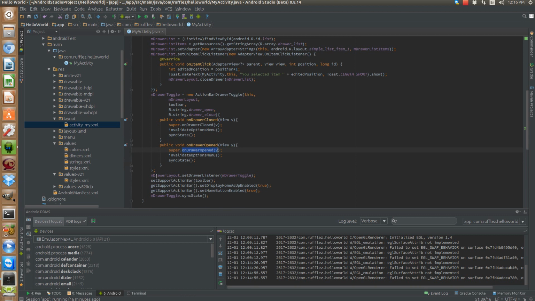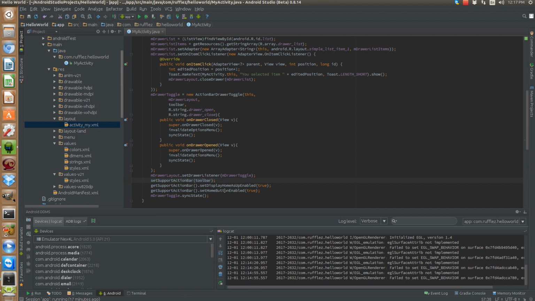All right, so we need to set our drawer listener for the drawer layout to be this drawer toggle. So this is initializing it. Now we need to set it. So we need to tell the navigation drawer that there is a drawer toggle associated with it. Now we're telling the activity to say, hey, this toolbar is actually going to be our action bar, so do that. And this is a very important step